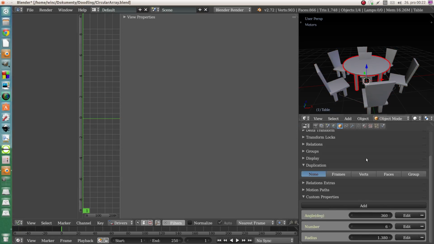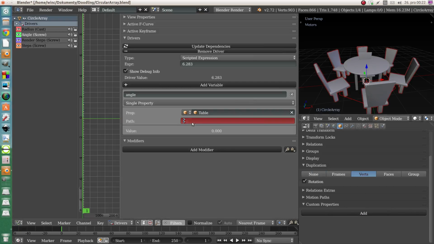I don't remember what it is, so I will just use the trick with copy data path, Control V, 360, whatever, and we will take this angle and multiply it by, and from degrees to radians it is pi divided by 180,